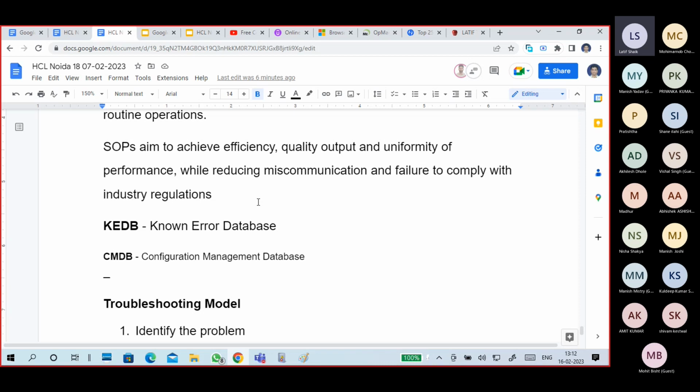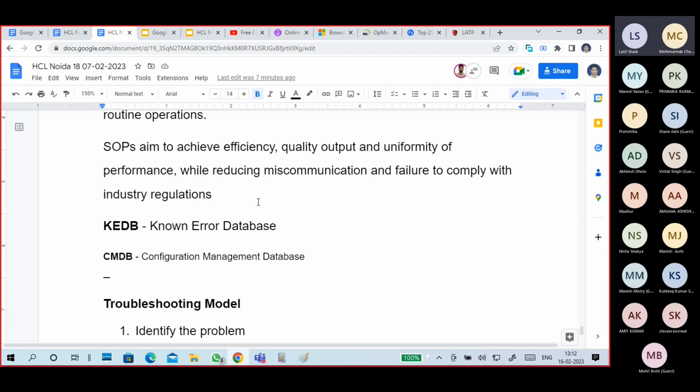Whatever issues you and your colleagues are handling are also stored in a configuration management database. And as part of the configuration management database, error-related issues and their suggested solutions are available in the